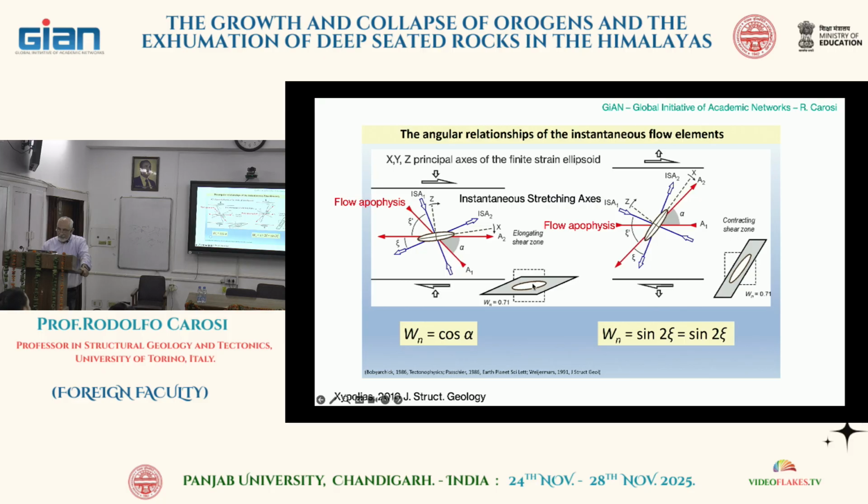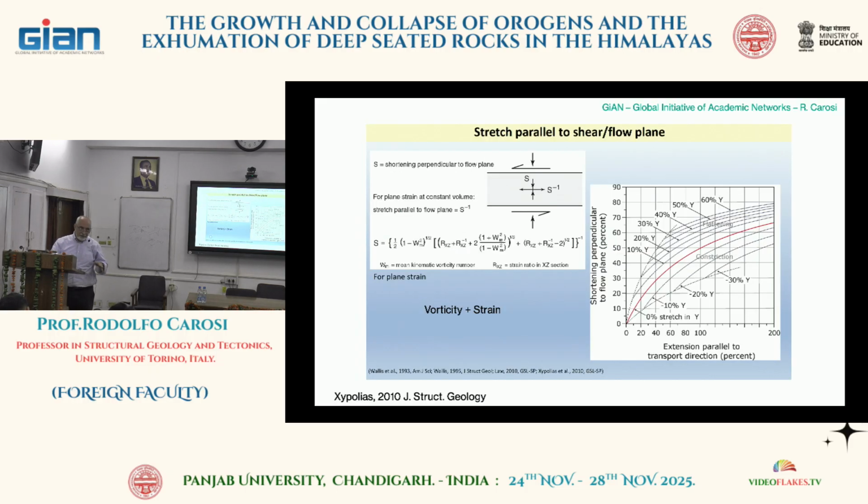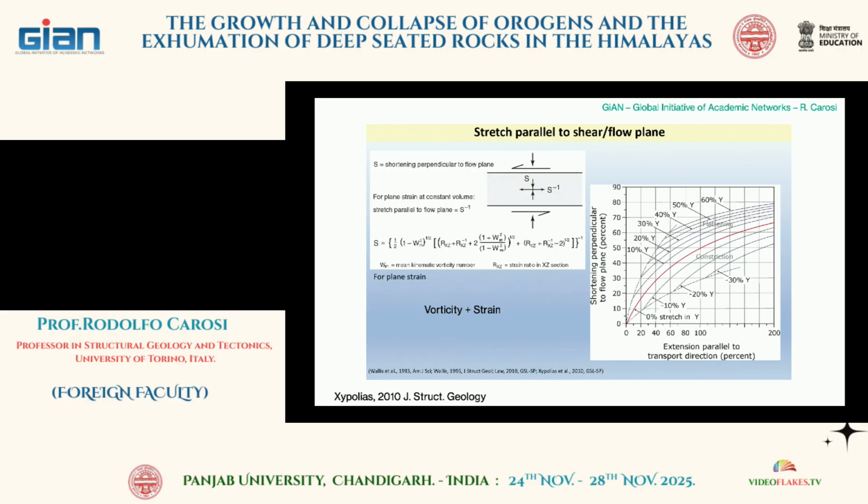So this is elongating the shear zone parallel to the shear on the left, and this elongation is perpendicular to the shear. So sorry for this question, but it is a little bit important for the flow, because when you have non-coaxial deformation you can calculate the vorticity, and if you have a strain marker such as conglomerates or deformed clasts and so on, you can put all together this information, vorticity and strain, and by this